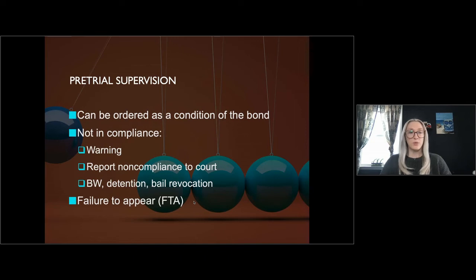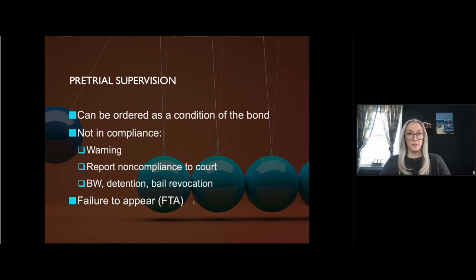So let's get into pretrial supervision now. Pretrial supervision can be ordered as a condition of one of those bond methods. The percentage of defendants that receive pretrial supervision is 20% of state offenders and about 30% of federal offenders. They could be given conditions such as calling in weekly, having to follow a curfew, submit to drug testing, maintaining employment, not having contact with victims, witnesses, or co-defendants, maybe being placed on electronic monitoring.